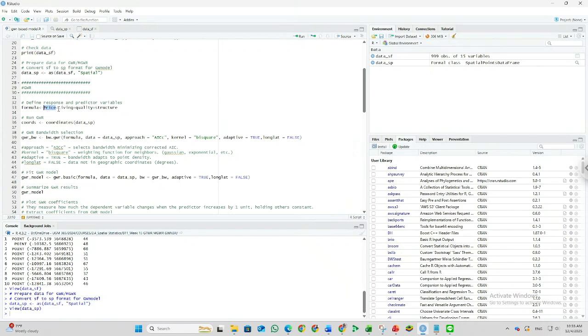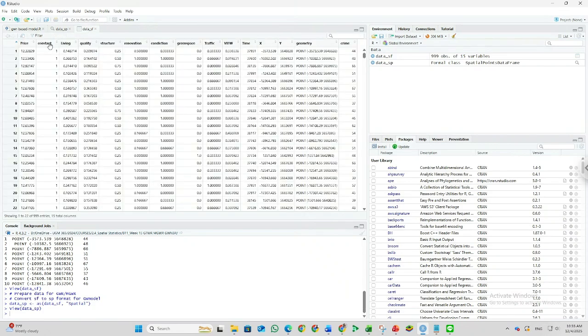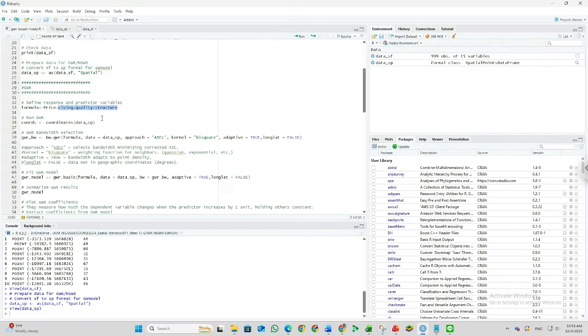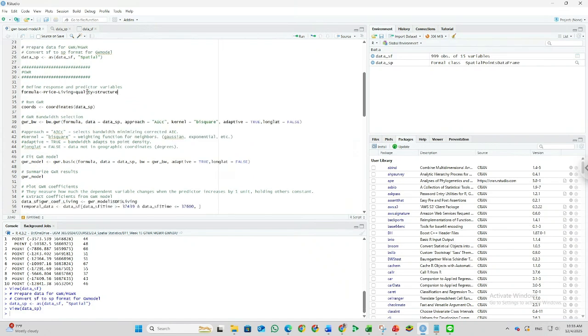And we just use living quality and structure. Actually we have nine variables, but for the example we just use three variables for the practice. These are called the independent variables or predictor variables.